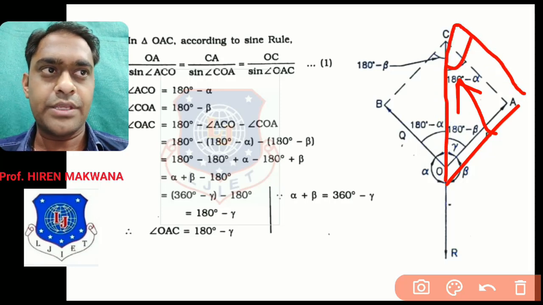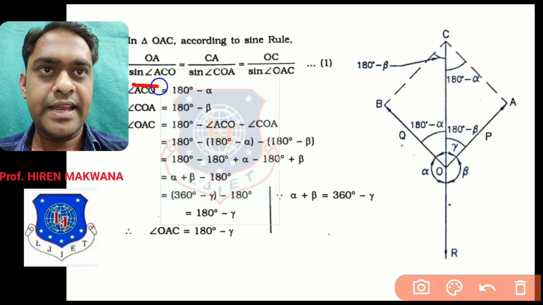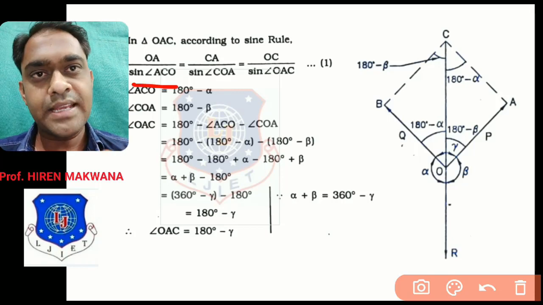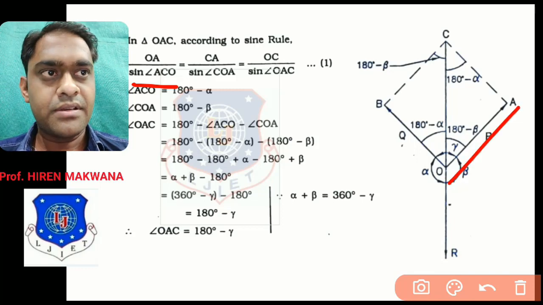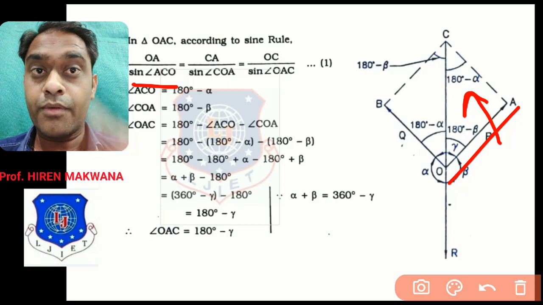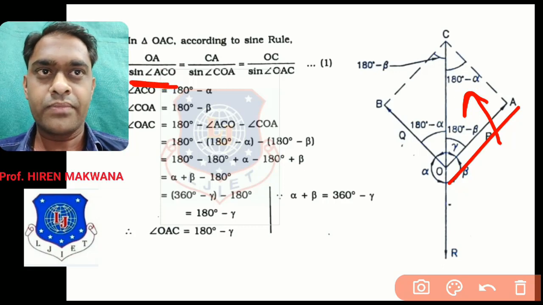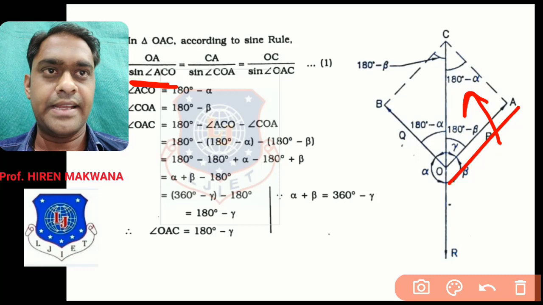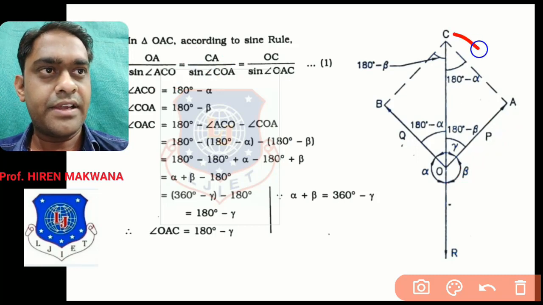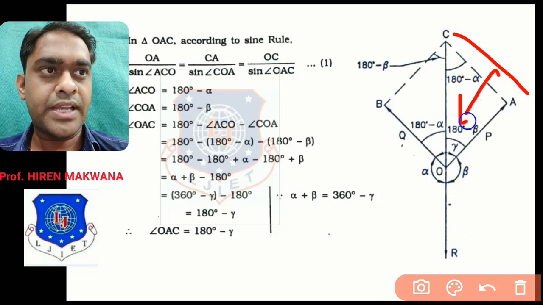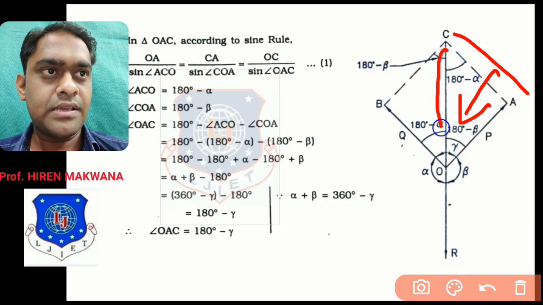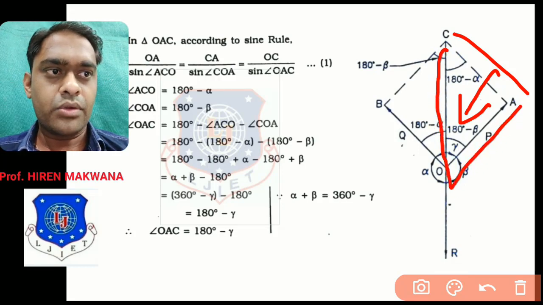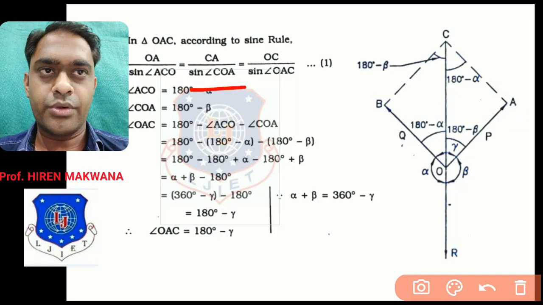Okay, this angle ACO. So I have written over here sine angle ACO. So this is basically the sine rule. Take a side OA, in division take its opposite angle in the form of sine. So sine ACO. Repeat the procedure for the second side. Second side is CA. So where is the CA in figure? Here it is CA. So opposite side, opposite angle will be this. What is the name of this angle? COA. Okay, so here it is CA upon sine COA.